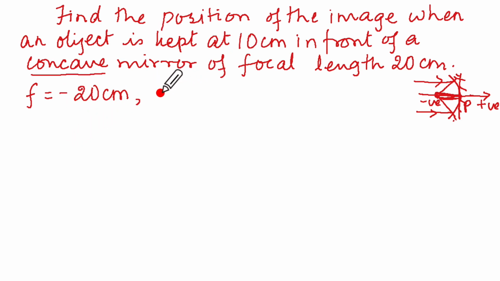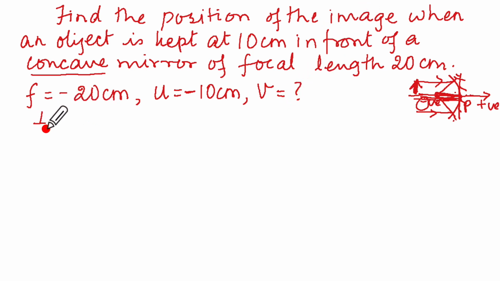Object is kept in front. So the object distance will be in front, means it's going to be this side. This is where the object will be. So if you are measuring the object distance, you go from the pole this side, means on the negative side. So minus 10 centimeter. And then we have to find the position of the image, means the image distance,